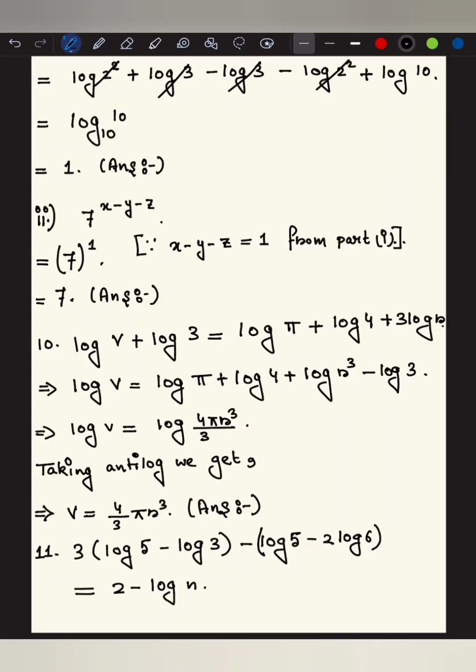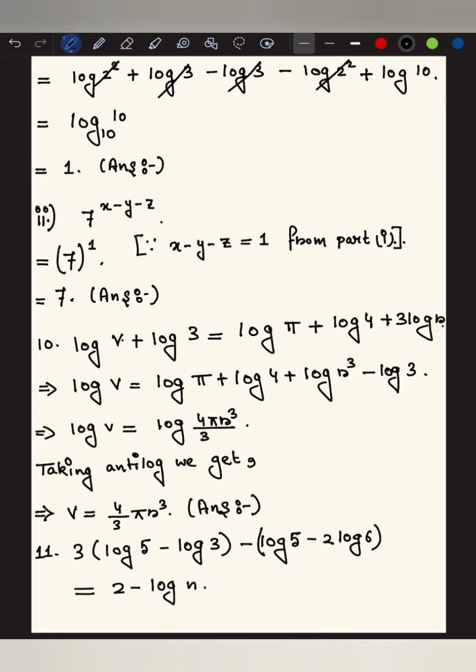Now we are asked to find v in terms of other quantities. Since we are asked to express v in terms of other quantities,